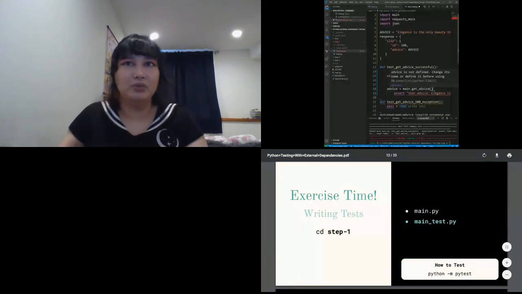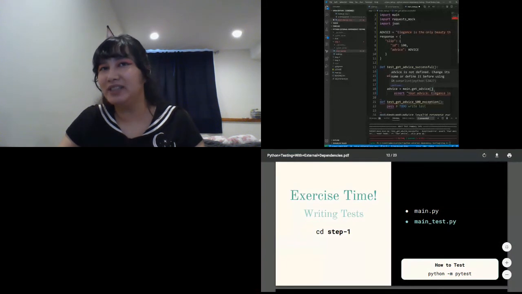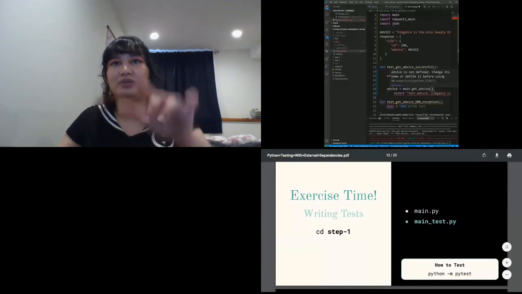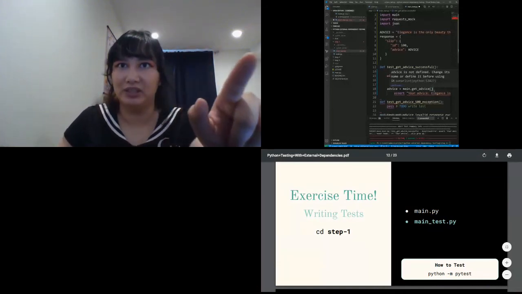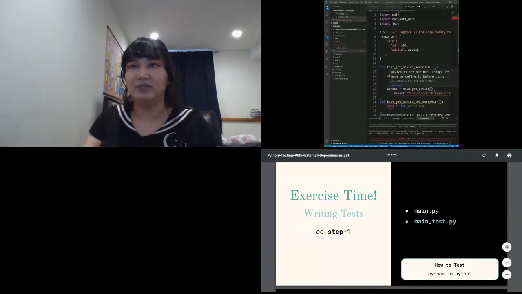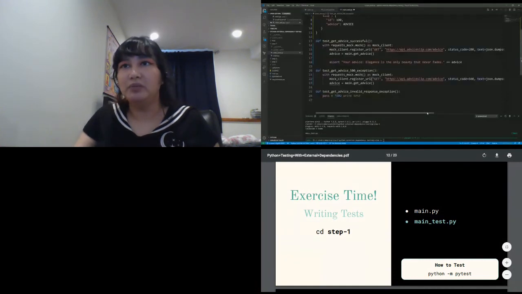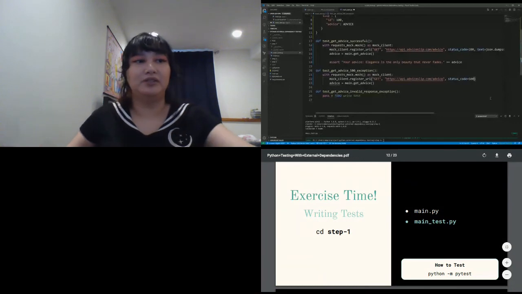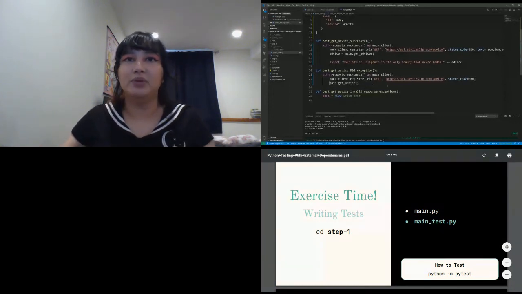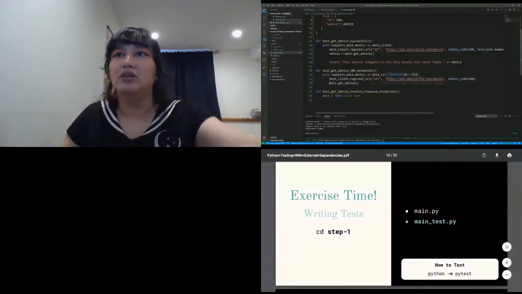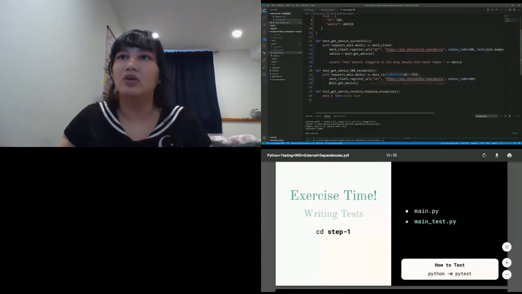Now, we also want to be able to test what happens if there's an exception. So I'm going to put together a 500 exception here, or rather respond with an exception. And then we probably wouldn't need this response value anymore. There are multiple ways to do this. For example, we could